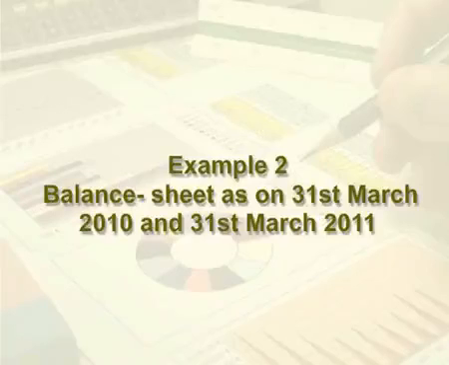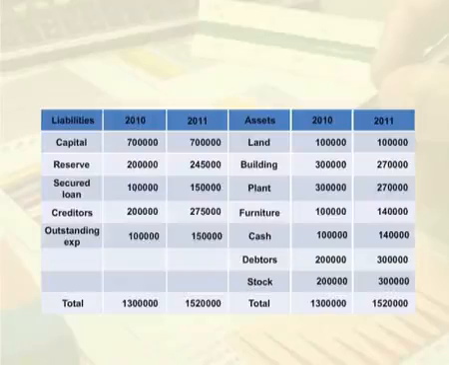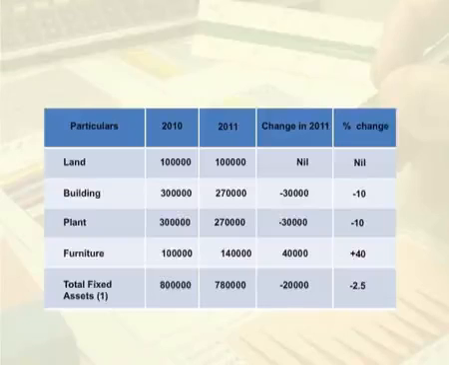Now let us understand this better with the help of an example. From the balance sheet of 2010 and 11, let us prepare a comparative balance sheet. This is a simple balance sheet. Now let us present this information in a comparative format. Pay attention to the shaded portion of the table, and then you will find that the balance sheet is analyzed on the basis of current assets, current liabilities, working capital and proprietor's funds, etc. So we can interpret some aspects from the CBS, and those are like this.